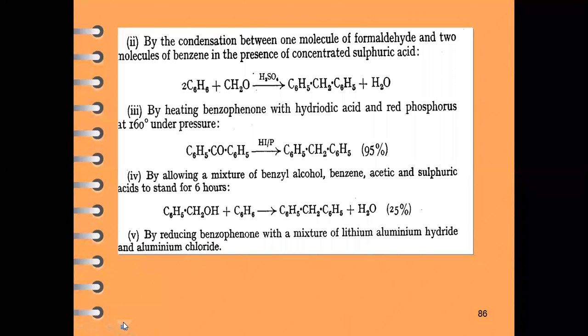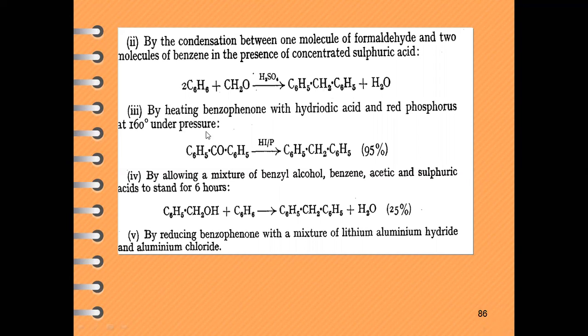Now, the second synthetic method for the formation of diphenylmethane is by condensation between one molecule of formaldehyde and two molecules of benzene. See, the first synthetic method uses benzyl chloride and benzene, where the methyl bridge will be bridged between the two benzyl rings. In the second method, two benzene molecules will be condensed with formaldehyde. This formaldehyde will act as the bridging methyl group, and these two benzene rings will be condensed together in the presence of concentrated sulfuric acid. So water will be released and there is formation of